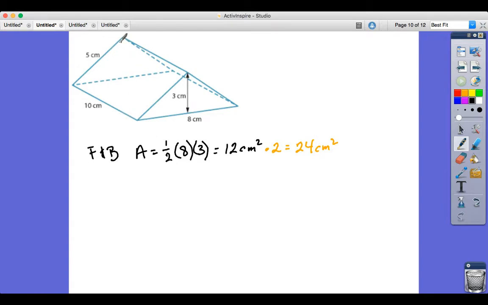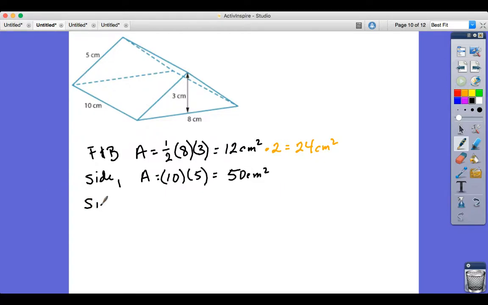Now, here is one side, and here is another side. Okay, so now in this case, they happen to be the same. That's not always the case. Okay, so here's side 1. It's a rectangle. Remember, these are always rectangles. And this rectangle, the area is base times height. The base is 10. The height is 5. Okay? So area equals 10 times 5, which is 50 centimeters squared. There's only one of them,